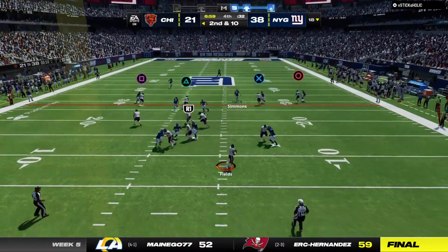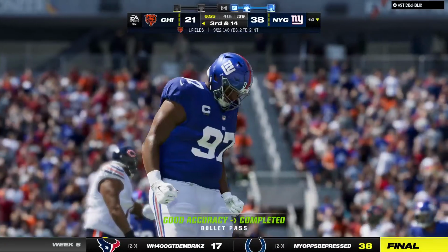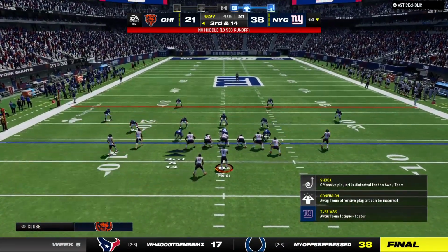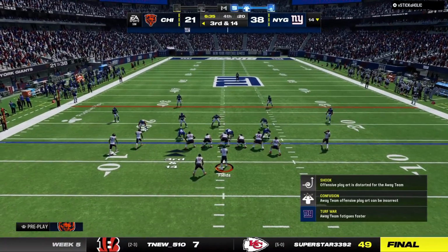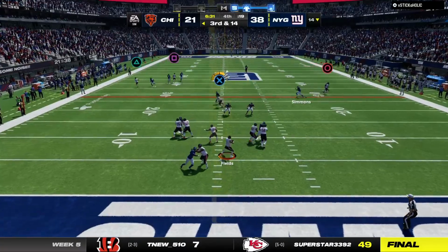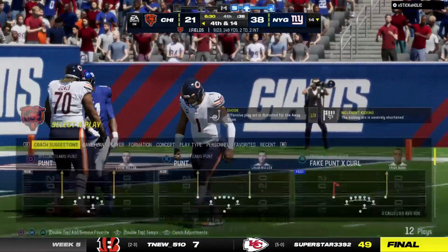Back to throw. Fields. Now they set up the screen. That's complete. And he is going to lose yardage here. The Bears on 3rd down. They've had their troubles. Just 1 for 6. This is 3rd and 14. And that went off the mark. A little late with the